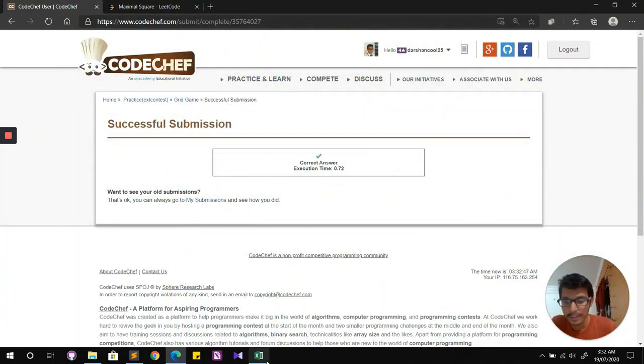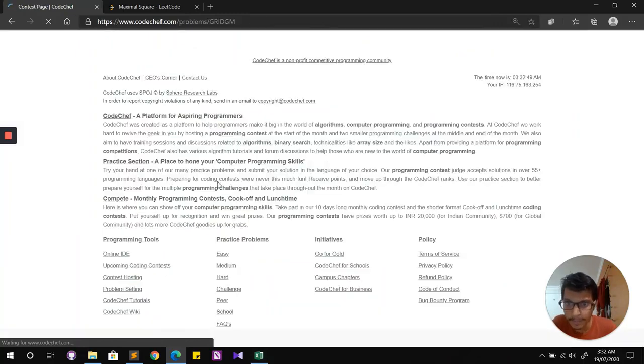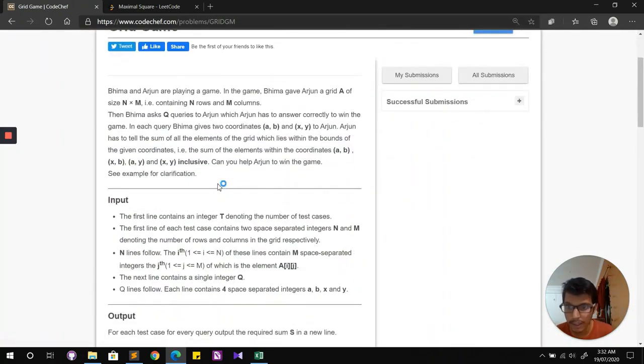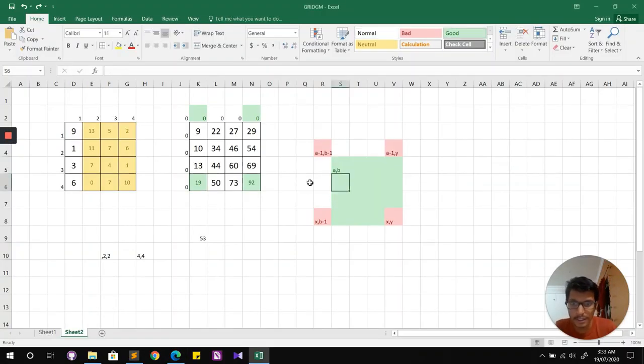So that was about this question, Grid Game. I hope you have understood by now that whenever you are given submatrix queries on a matrix, you'll be able to apply some smart pre-computation similar to the one we have discussed right now for this question.